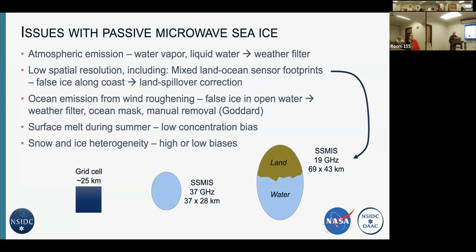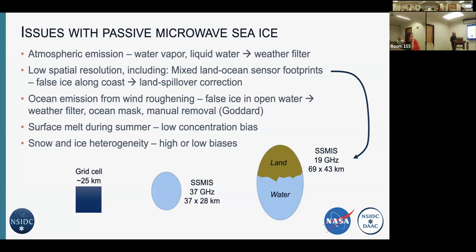We do have the NOAA NSIDC climate data record, which uses those same algorithms, but everything is automated. And everything is traceable and reproducible. So that's an advantage of the CDR, is that it's all tracked. And so you're not worrying about the subjectivity of who's looking at it. They're expert scientists, they pretty much know what they're looking at. But they also tend to be kind of conservative, they tend to leave things in a lot of times that really are errors, because they want to make sure, especially things along the coast,